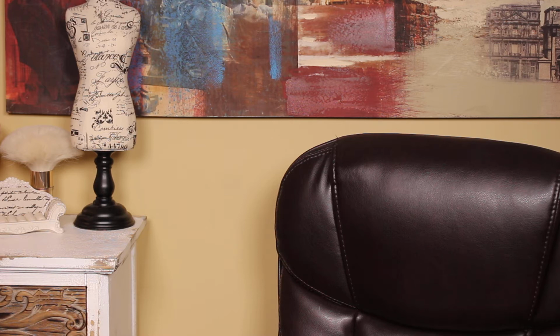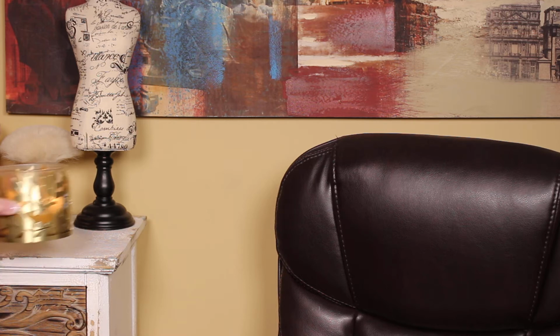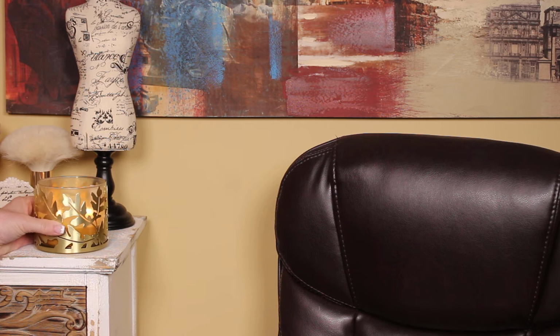candle. It's a 3-wick. What that means for those of you who may have lung or scent sensitivities, it's extremely strong. So I wouldn't advise a 3-wick candle for you. But if 3 wicks don't bother you,